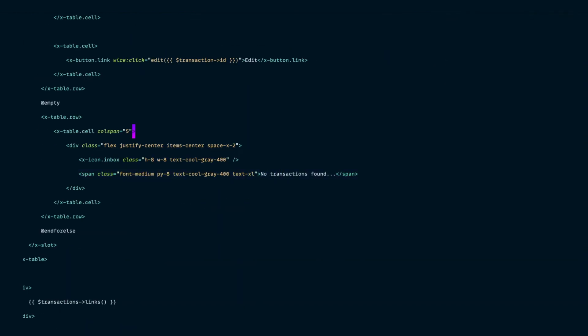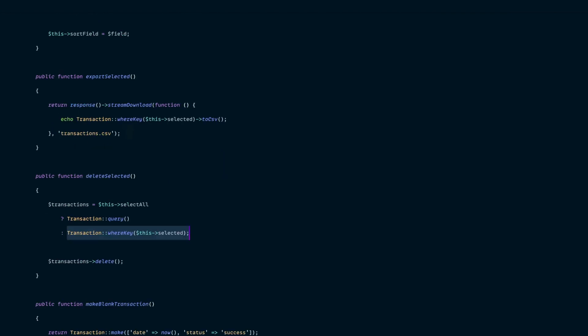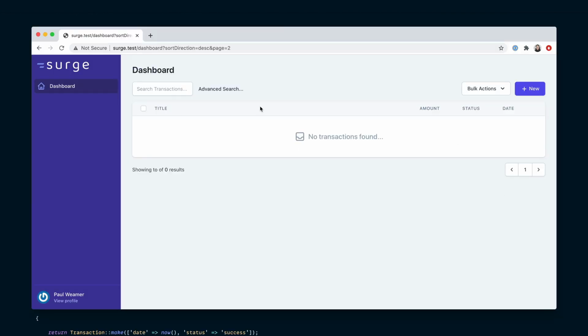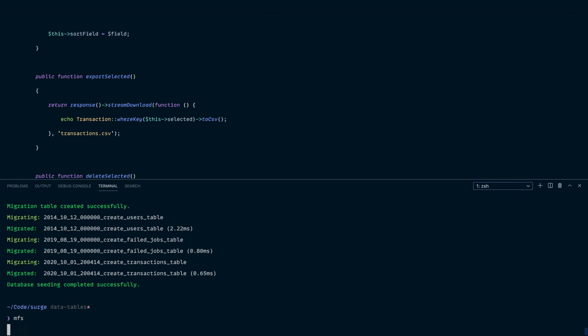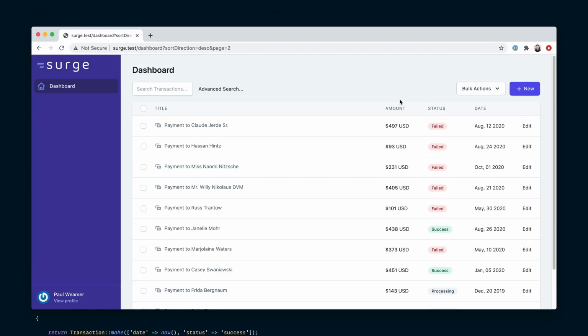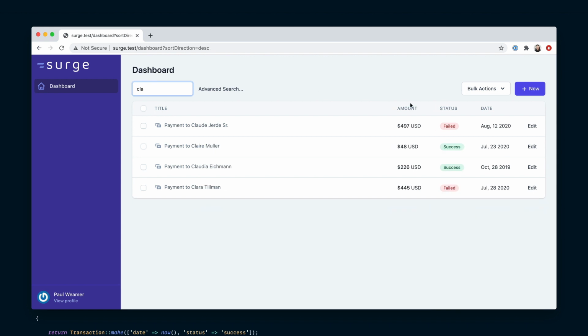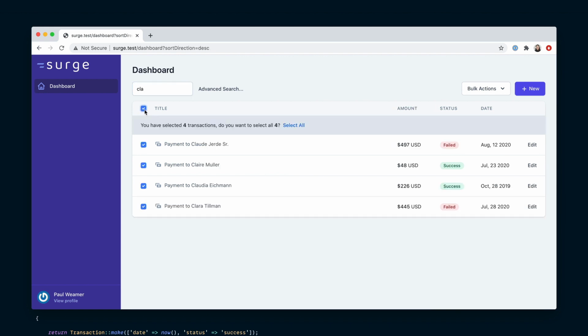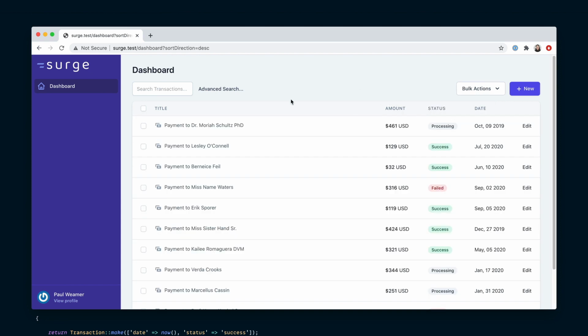No transactions. Why is this call spans? Oh, because we added a checkbox now. Okay, and now we don't have any transactions, so we need to reseed our database. We're back to 250. Now check this out. If we search Claude, we select these 4 transactions, and now we delete them. If we refresh,